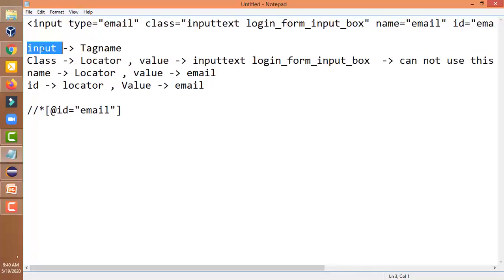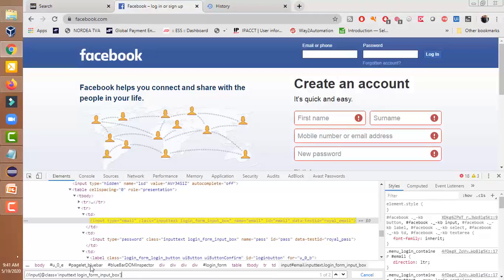Now look at the input name locator. What we have to write, instead of class, is name, and the value of the name is email ID. Let us see if we can use the name locator.